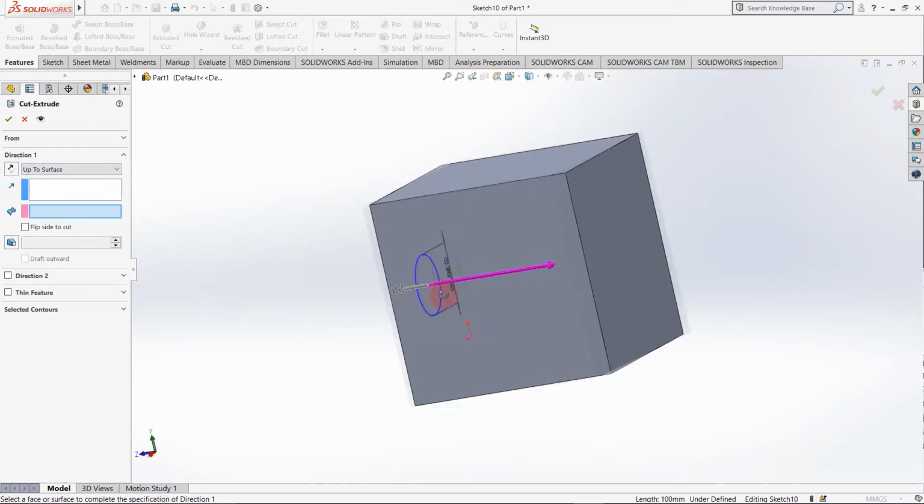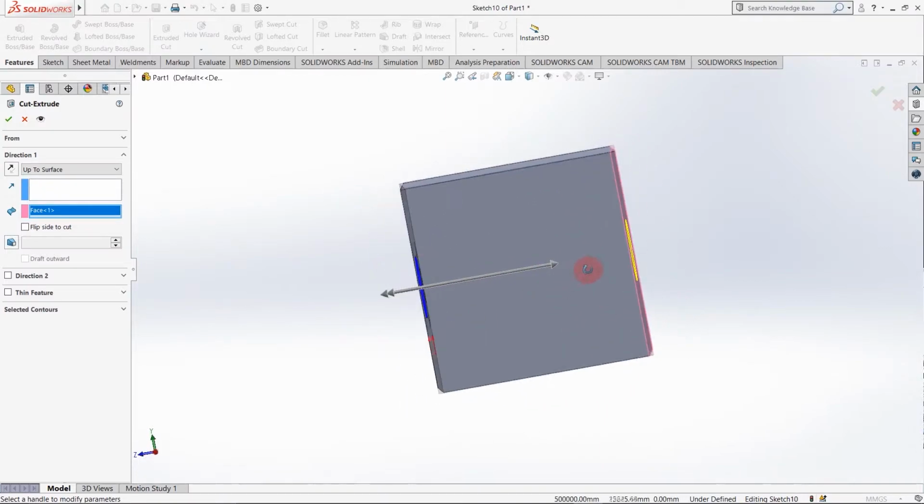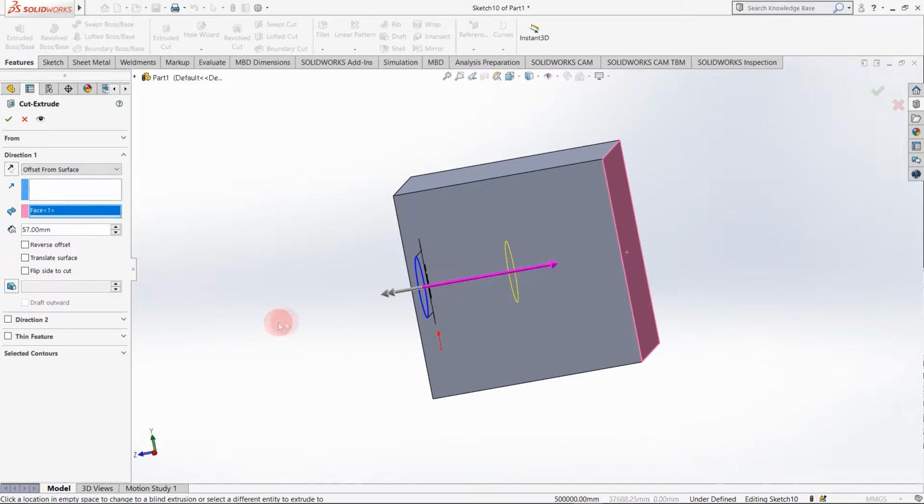Next is up to surface. Say I want the hole up to this surface. As you can see, the hole is up to that surface. The next option is offset from surface. That is, I want the hole offset from this surface, say an offset of 50 mm.